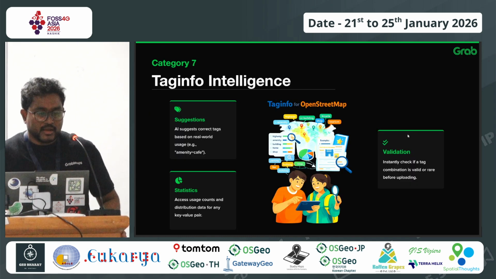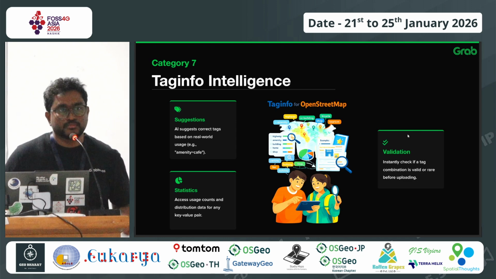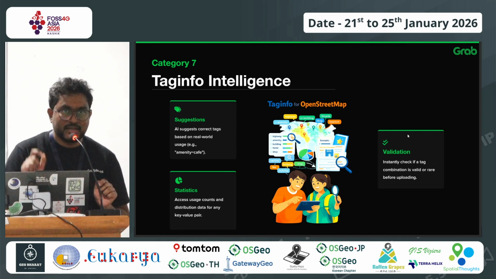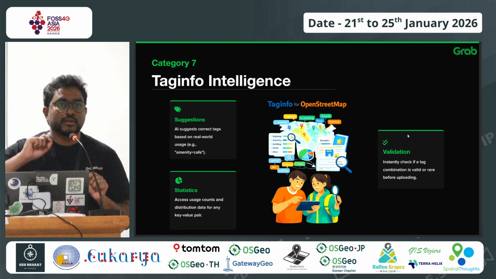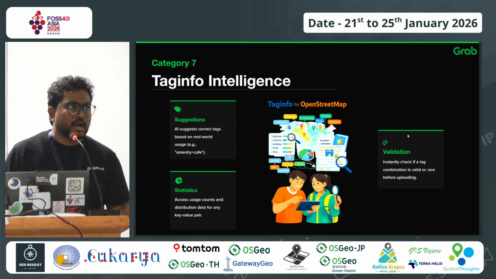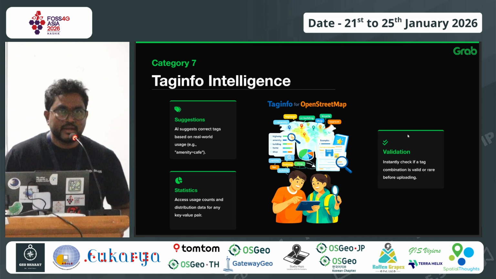Coming back to taginfo again, because it's a huge help to finalize what keyword you are putting in the chart, and that keyword it will check in taginfo, the huge repository. And also I know that India has a specific taginfo repository. You can go to taginfo and see, I think Yogesh is maintaining that.